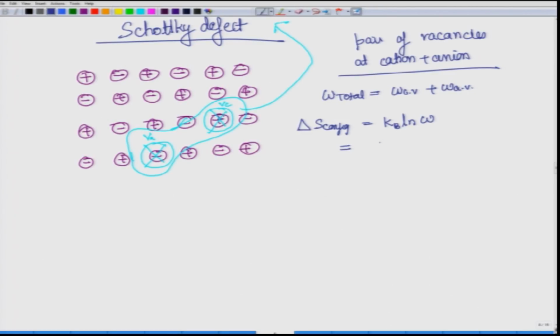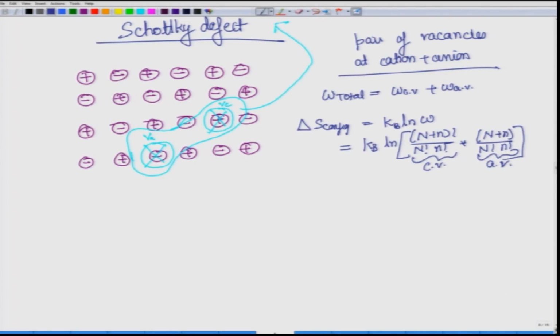So, you would see that this is in fact a little bit simpler compared to Frenkel defect. So, like I said, you can either multiply it. So, inside this log term these are both multiplied, and there is meaning to it because they are exactly the same relation, but in the Frenkel defect these two terms were different. Here, one of them is representing cation vacancy, and the other one is representing anion vacancy.